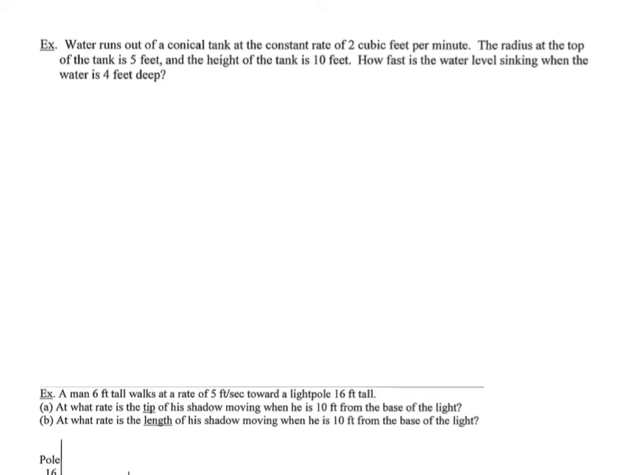Okay, welcome back. This is a video about another related rates question. In this one, we've got a conical tank with water running out of it at a constant rate of 2 cubic feet per minute. The radius at the top of the tank is 5 feet, and the height of the tank is 10. And then it's asking how fast is the water level sinking when the water is 4 feet deep. So the first thing I want to do is draw a picture